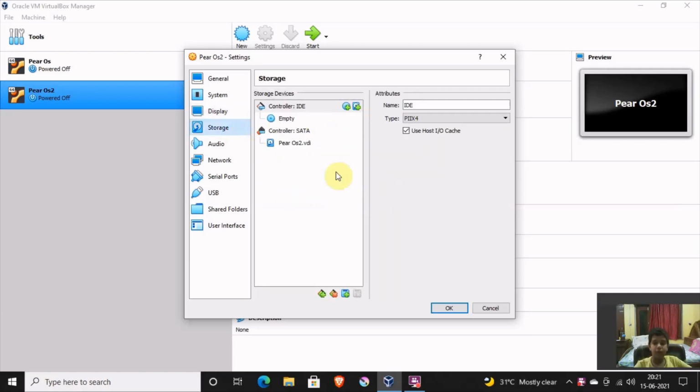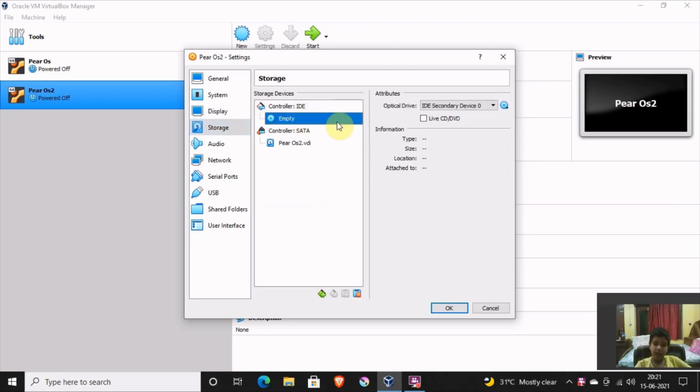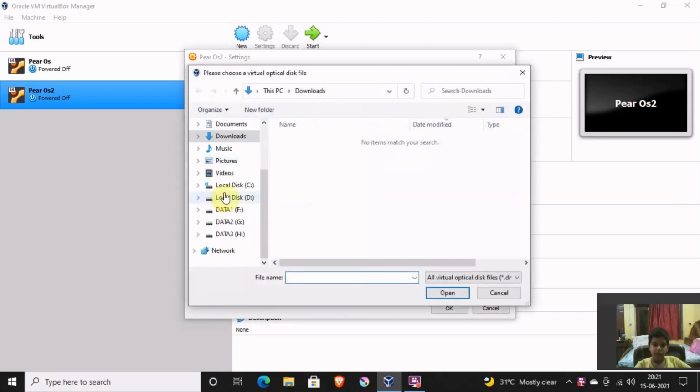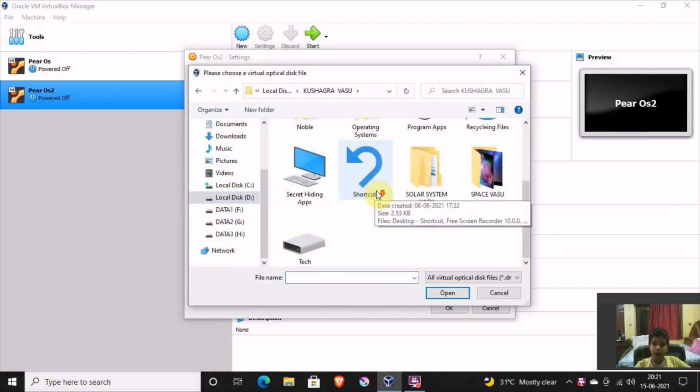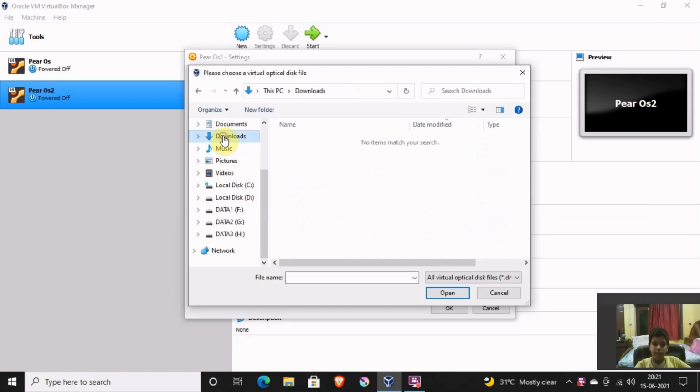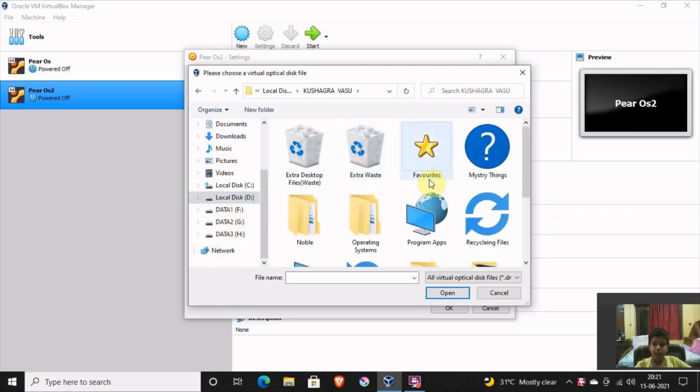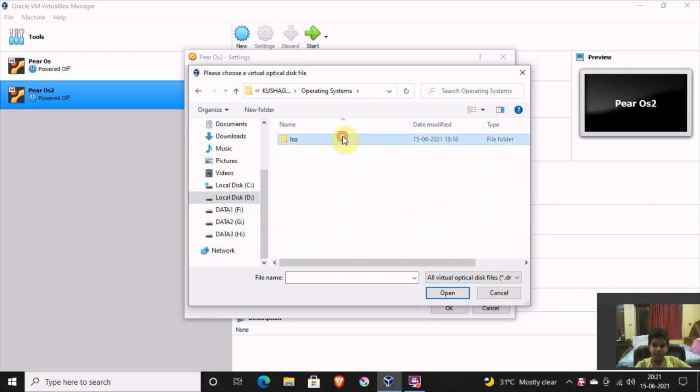So go to storage. This is the most important part of these. Select this empty and then choose the disk file that you have downloaded. Now click on choose a disk file. Go to the folder where you have saved the disk file. For me it would be in my folder. I will go to the operating systems.